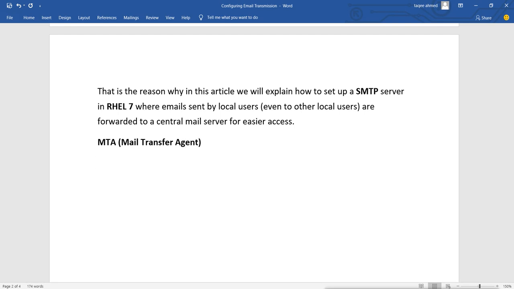This is what we need for configuring the SMTP protocol in our Linux system. Now what mail transfer agents do we have? We have Sendmail and Postfix as mail transfer agents.